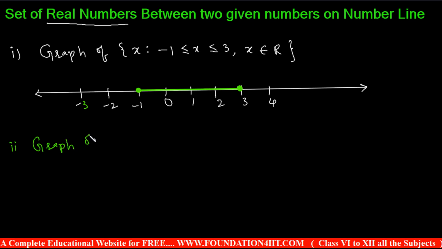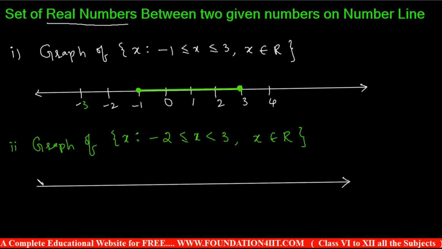So this is a graph of, let me take one example. x such that -2 is less than or equal to x, and x is less than 3, and x belongs to the real numbers. If it's natural numbers, whole numbers, or integers, there are only particular numbers. But because of the real numbers, every number should be counted. So now notice the same thing. Draw the number line. Minimum is -2, maximum is 3. Okay, so 0, 1, 2, 3, 4, and so on. From 0 on the left side is -1, -2, -3, -4, and so on.